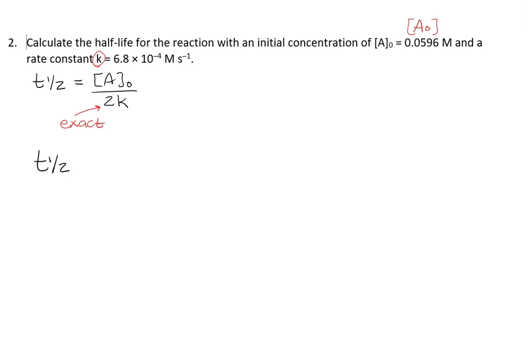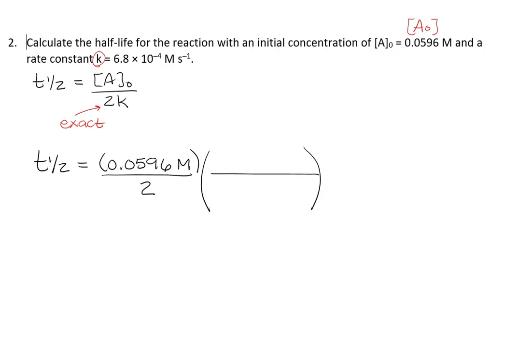Mathematically, this isn't difficult. Okay, so we have T1/2 equals A naught over 2k. Please, please, please write in the units. This is one thing that I see at the Chem 151 level: students will tend to not include the units and just plug in the numbers. Please make sure that you're including the units. Now, where you decide to put that 2 can go with either term. I think I will just go ahead and put it underneath the A naught.